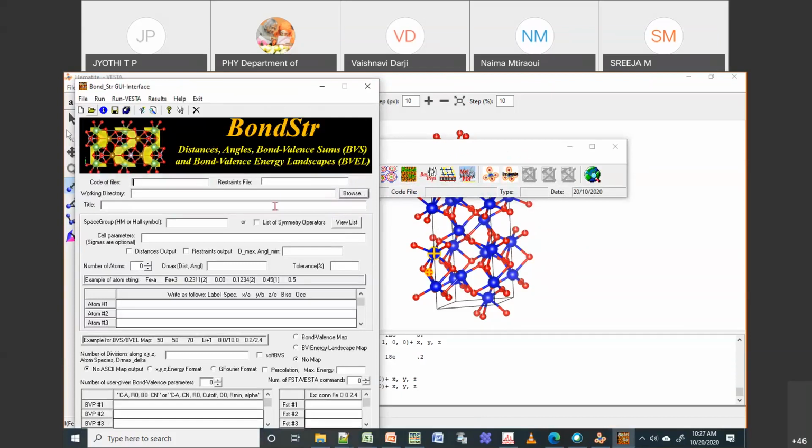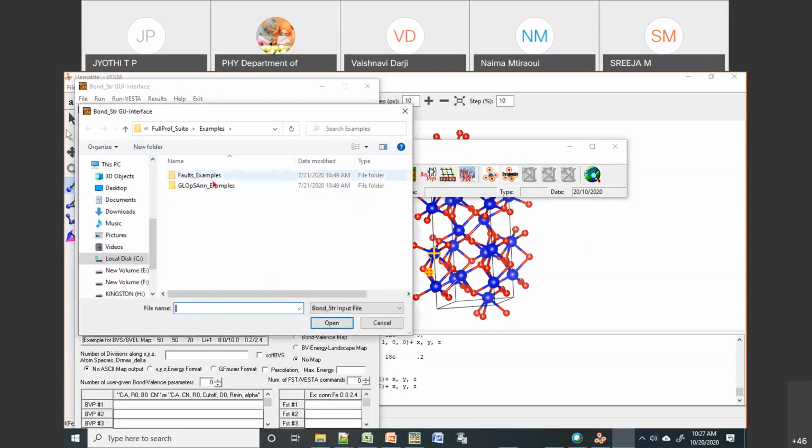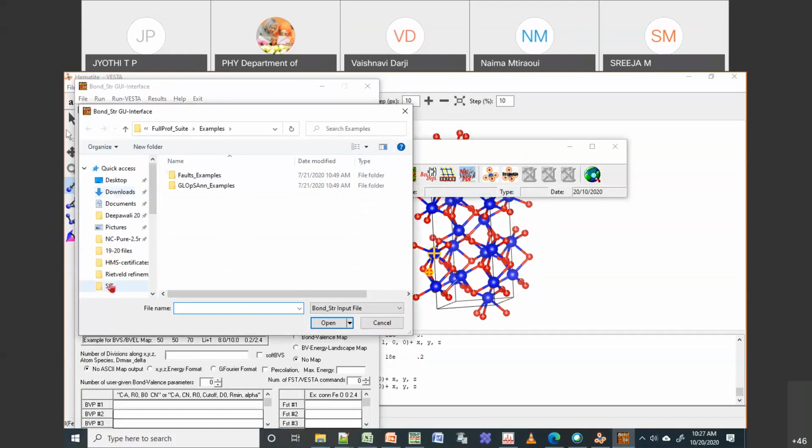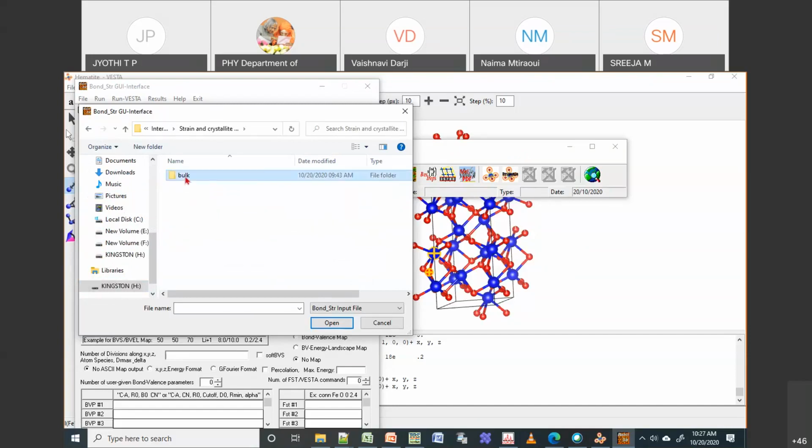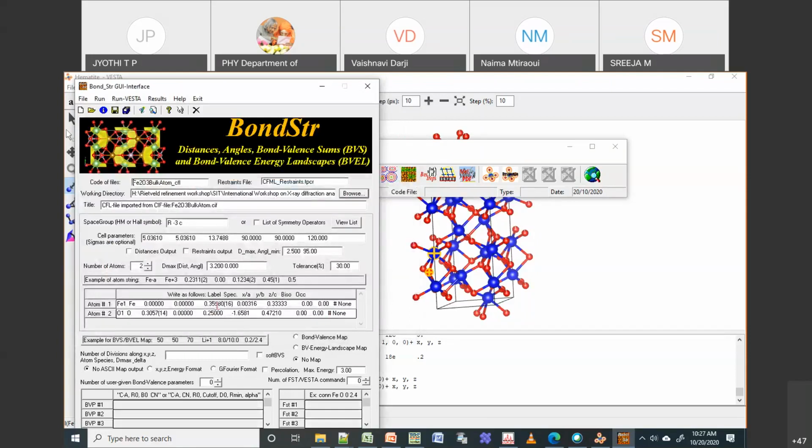So here what you should do is open the same zip file. Okay, so you click this blue button, you can open this zip file, and then you go to that folder, and then you import the zip file which you created just now. Okay, so if you import, it will update all the values.